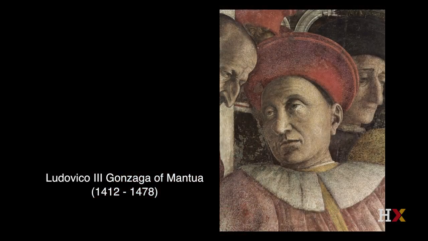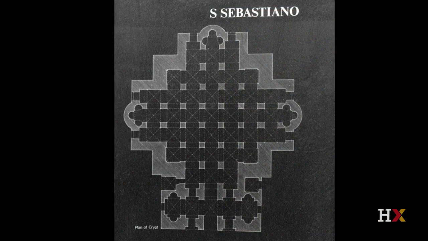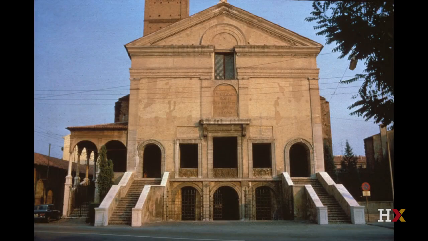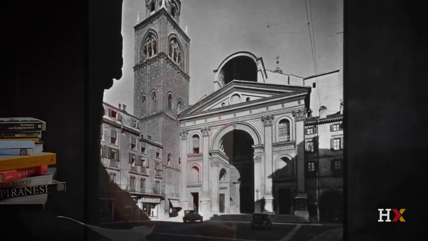Now, both churches were commissioned by the same patron, the ruler of Mantua, Ludovico Gonzaga. They are slightly different. In fact, San Sebastiano is a central planned church. It's a votive church, which was never completed, and what we see today is heavily restored. Sant'Andrea, by contrast, is far more complete. And in both cases, unlike the Tempio in Rimini and Santa Maria Novella in Florence, Alberti was not faced with the problem of adapting his designs to a pre-existing structure.